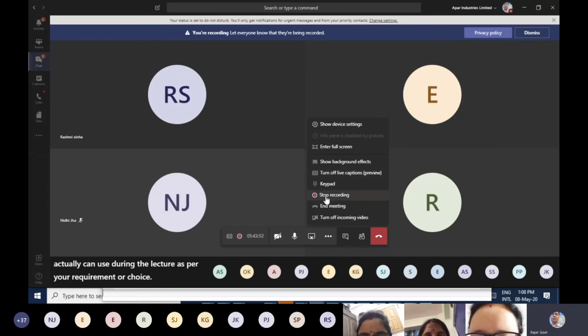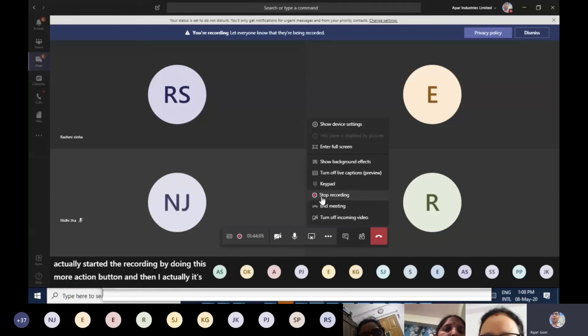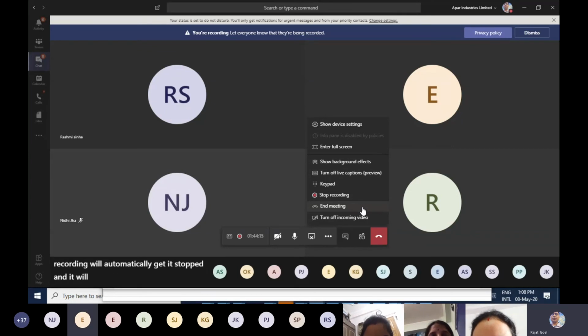Next, you can see this stop recording button. You all saw that I started the recording by going to this more actions button and selecting start recording. So currently the recording is running. If I click stop recording, the recording will automatically stop and be saved in Microsoft Streams.